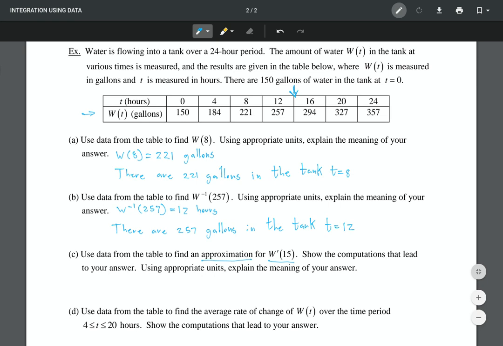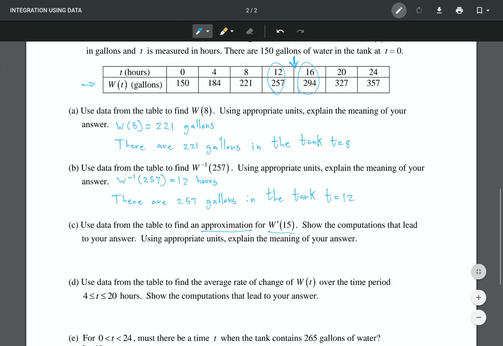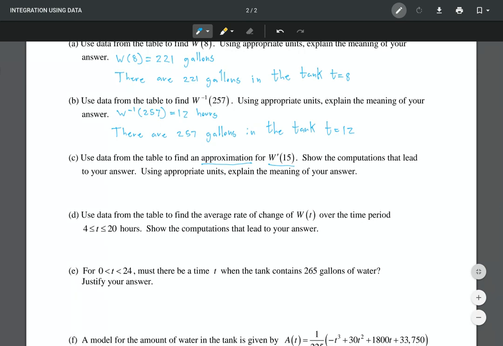Somewhere in there. So the keyword is approximation. Well, I'm trying to approximate a derivative, and the only way to do that is to find the slope of a line between 2 points. So I'm going to use those 2 points and just find the slope between them, and that's it. All right, so I have w of 20 minus w of